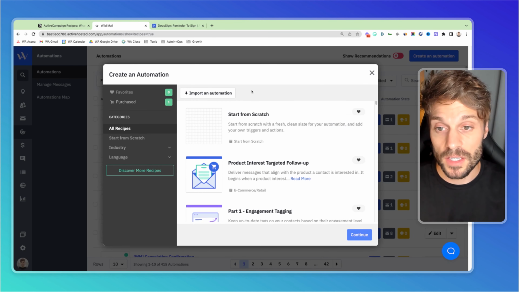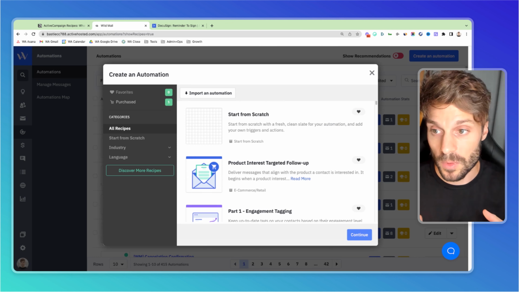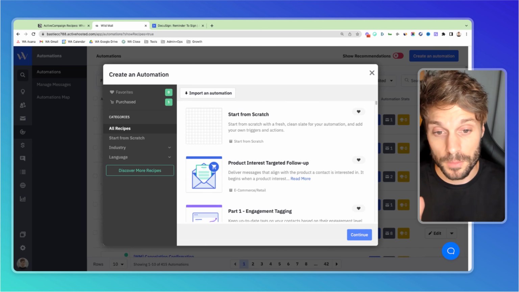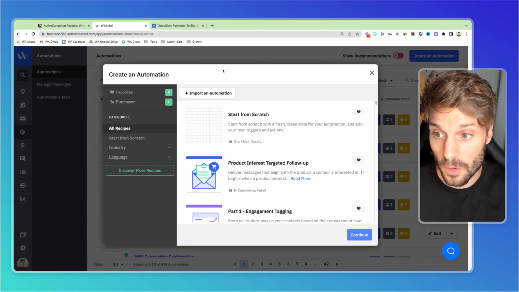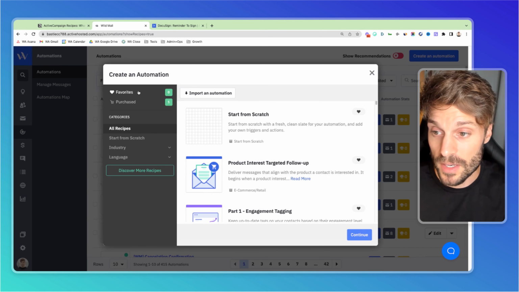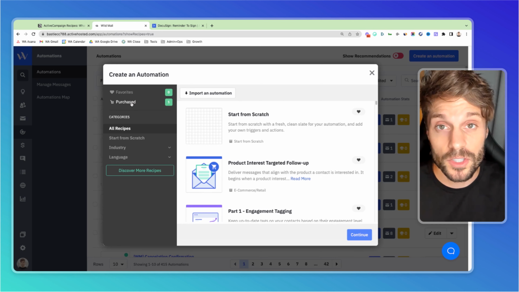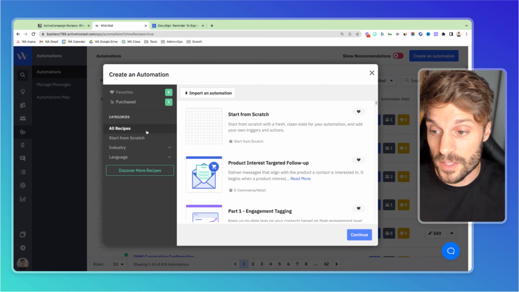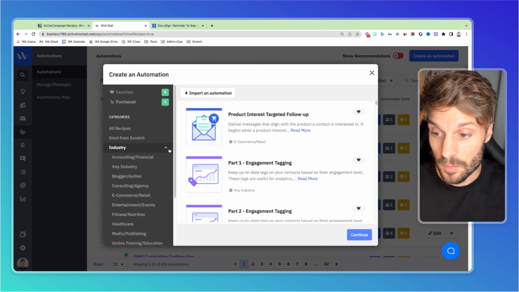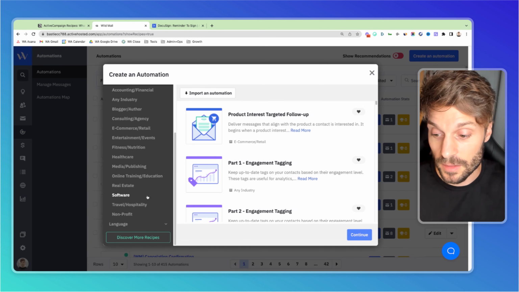And now we're taken to the ActiveCampaign recipe modal, where we can select a recipe or start from scratch. But in this video, we're going to show you how to get started fast using a recipe. On the left, you'll have favorited recipes, and those that you have purchased in the past. And then you have all recipes here that you can browse through by industry or by language as